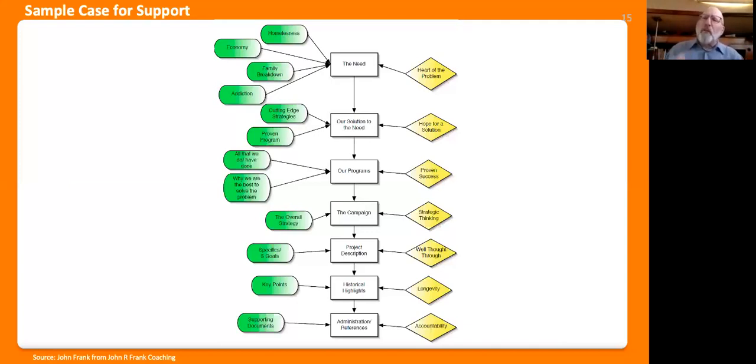To me, the goal of writing the need is to grab the donor's heart and break it. In other words, break their heart with the heart of the problem. So they say, oh my gosh, is there anything that can be done? Remember, folks, students, giving is a heart issue. It may be logical to some people, but they add up and they feel good about giving. Giving is from the heart. So you have to grab their heart. And they say, is there any hope for a solution?